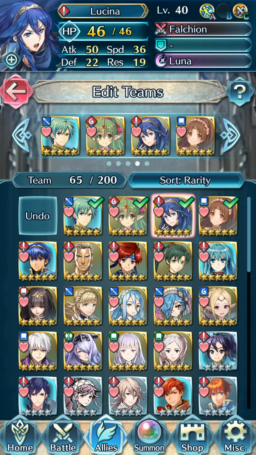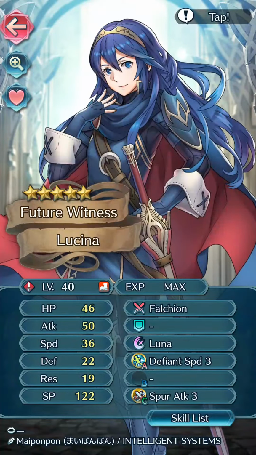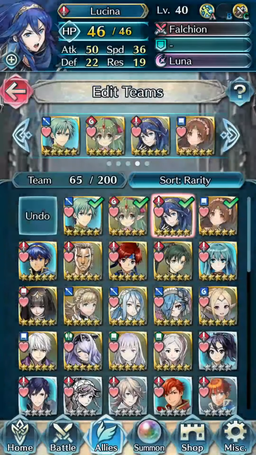Whereas Lucina, if they were in a one-on-one, when she got low on HP, she would get the speed buff, Defiant speed, and she would just clean house with her. So it's some of these heroes, I think that the game balance is really great, but most of the